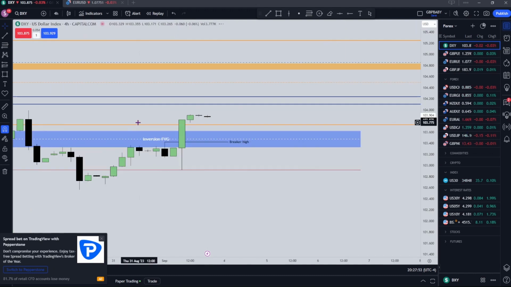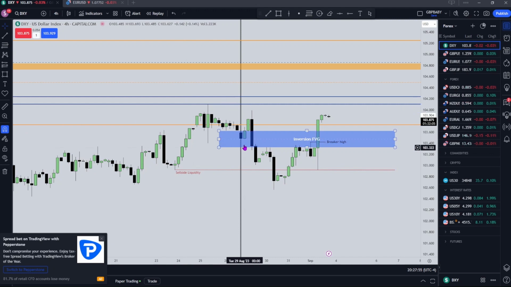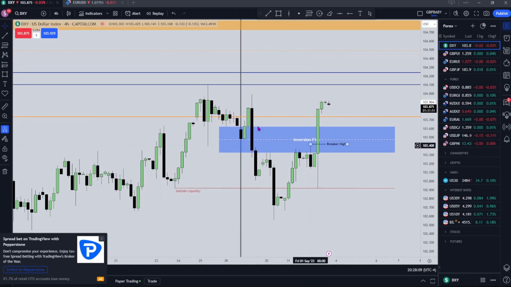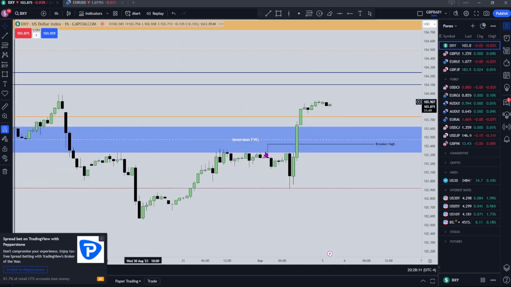When we drop down to the 4 hour, we can have a better look. You can see we came down, took out this outside liquidity, and since then have traded higher. Look how we touched that low. So we trade through it, find support on that low, and now we're expanding higher. And we also have a breaker high here, because if we drop down to the 1 hour, we can see a low, a high, a lower low, break higher. So price doesn't need to come back down to this breaker high,